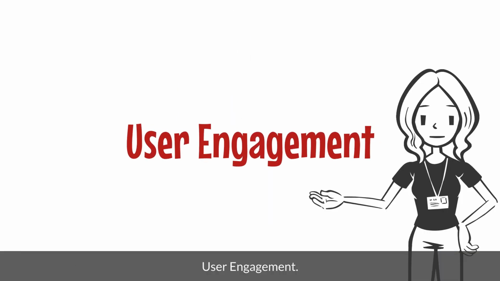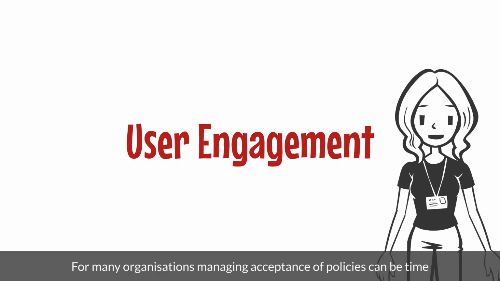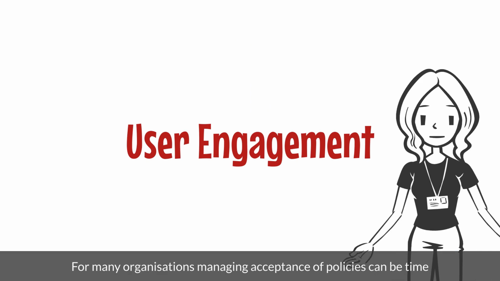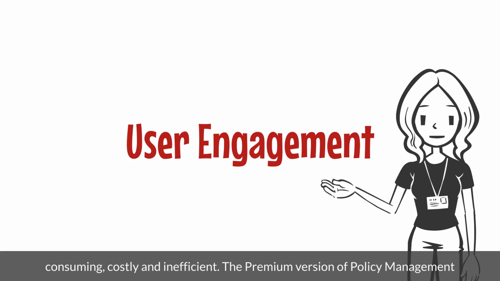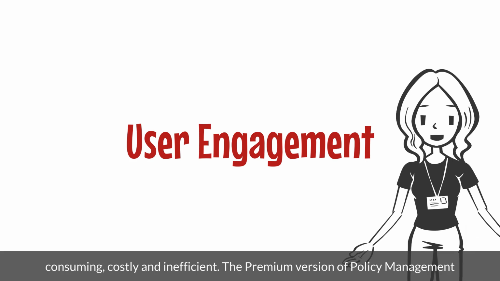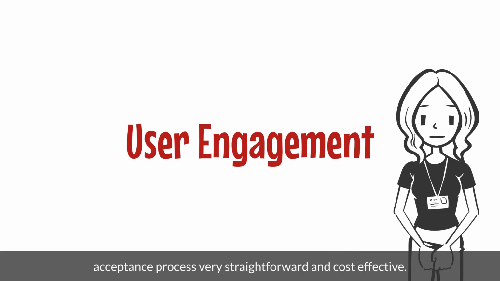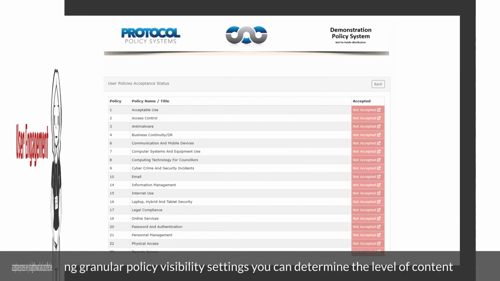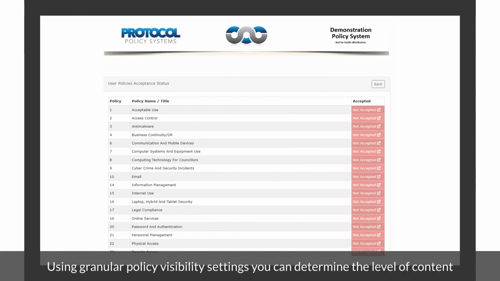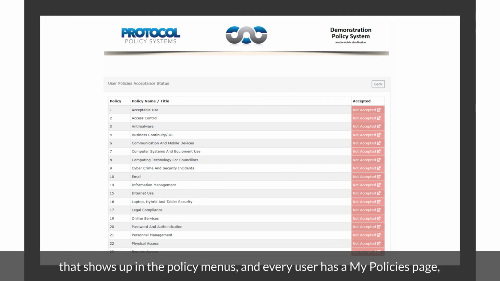User engagement. For many organizations, managing acceptance of policies can be time-consuming, costly, and inefficient. The premium version of Policy Management as a Service provides an on-screen acceptance mode which makes the acceptance process very straightforward and cost-effective. Using granular policy visibility settings, you can determine the level of content that shows up in the